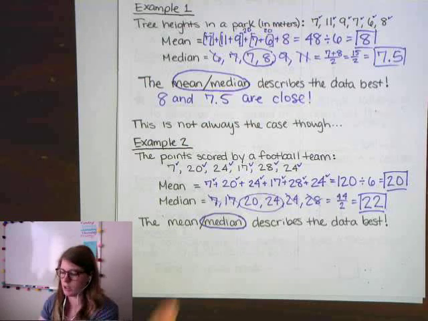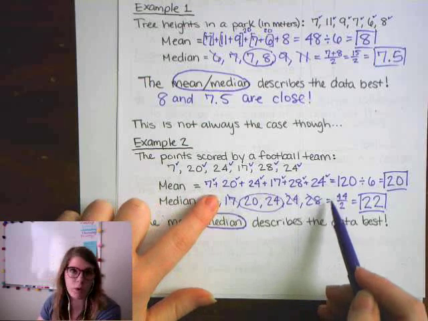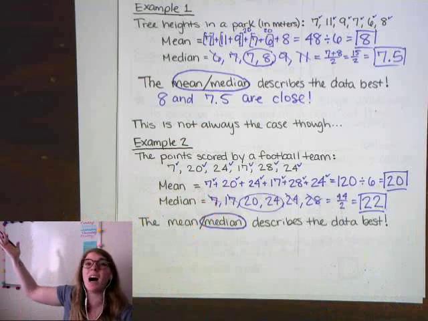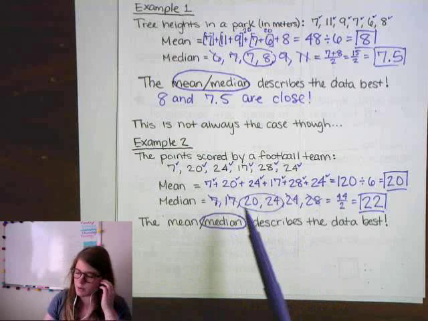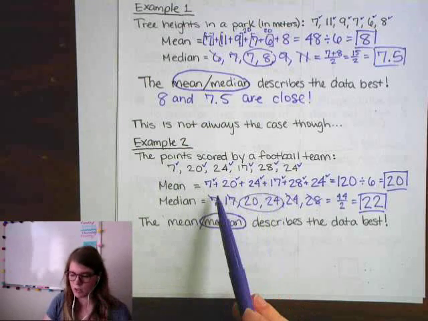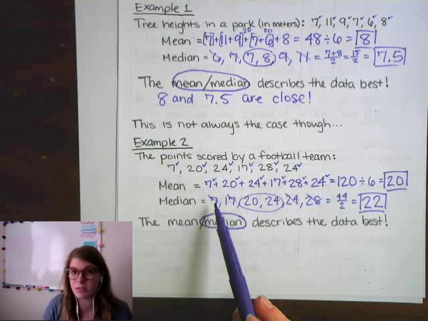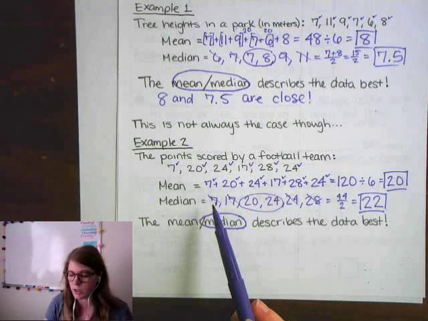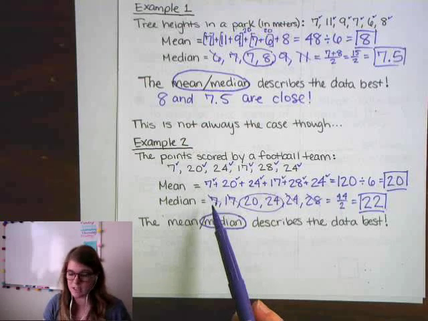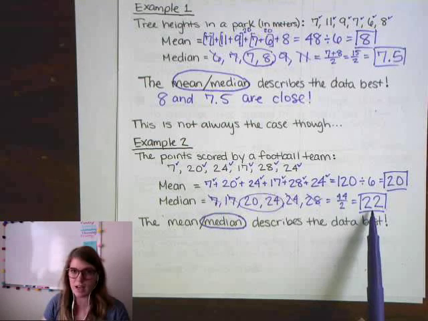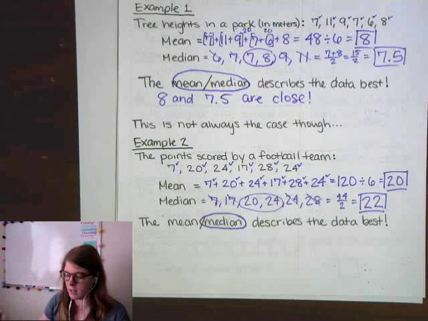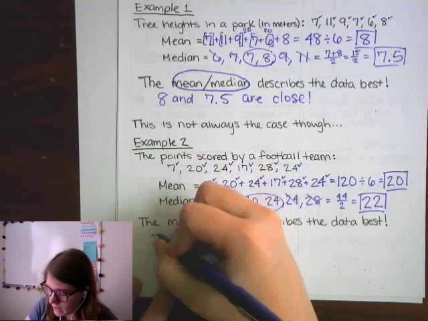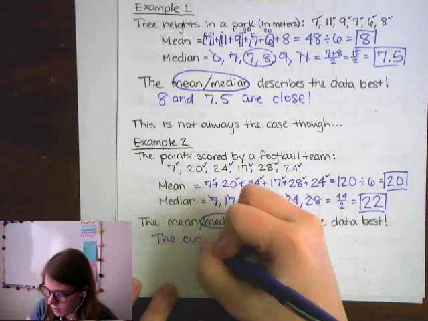Or vice versa, maybe the 7 wasn't here, maybe there was like a 40 something over here. That would bring that mean up, which would be a little bit more than what they're getting. So this 7, if you're looking at these scores, you can tell it's kind of not typical for them, right? It's a lot lower than the rest. We don't want to use it to describe the whole data set. So we want the median because it's going to be a little bit higher and a little bit more representative of all of them. So the outlier, that's the key here that we're looking for,